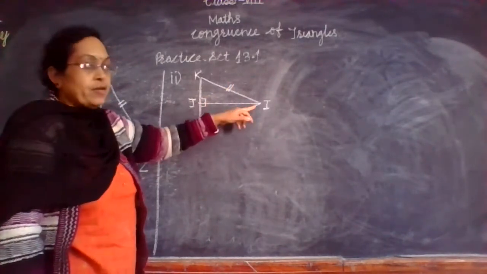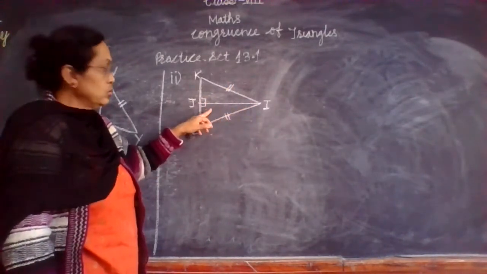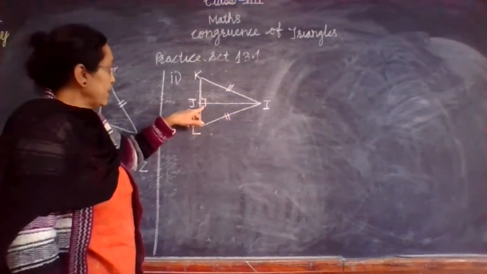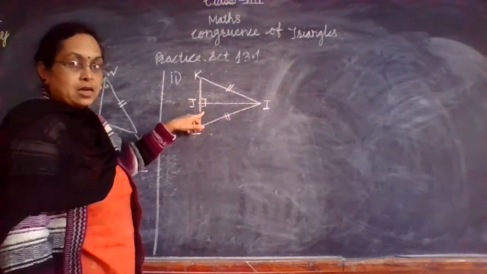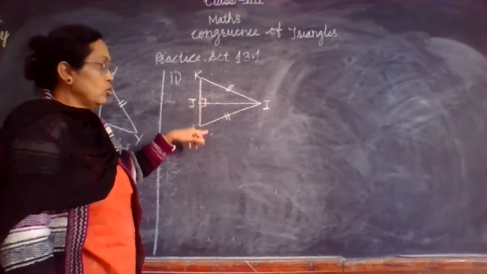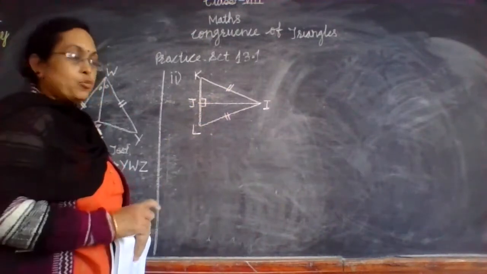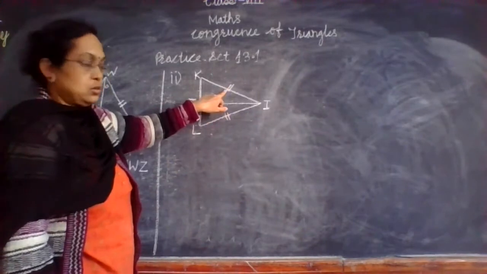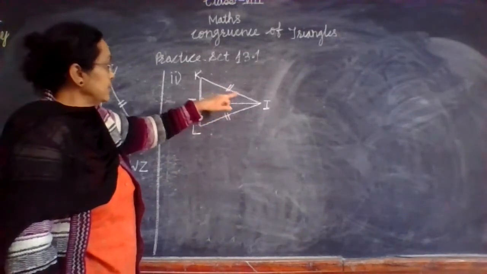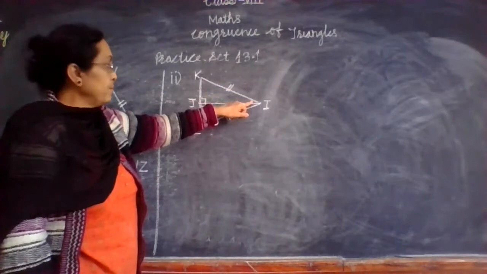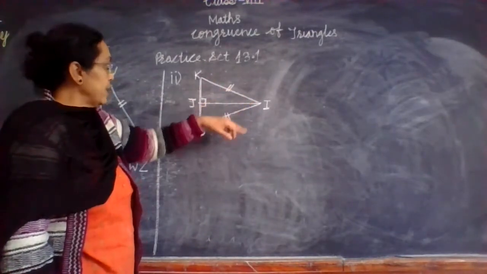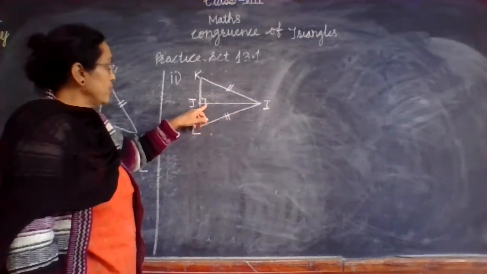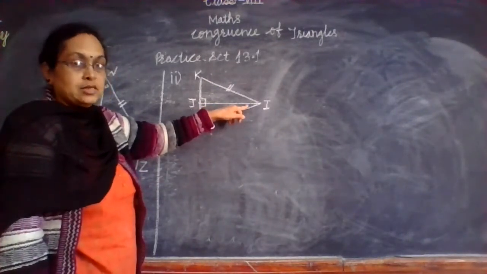Middle side, that is JI, which is common to both. That means side is there. One side is given. And here these angles are right angles. So you know that hypotenuse side. Hypotenuse means opposite to right angle, that is a hypotenuse, that is KI, here LI, and one side is common means this is congruent.